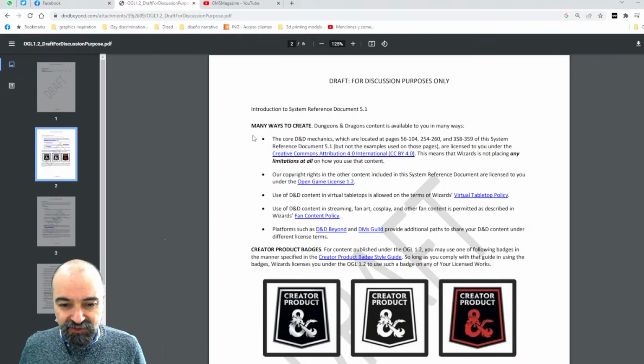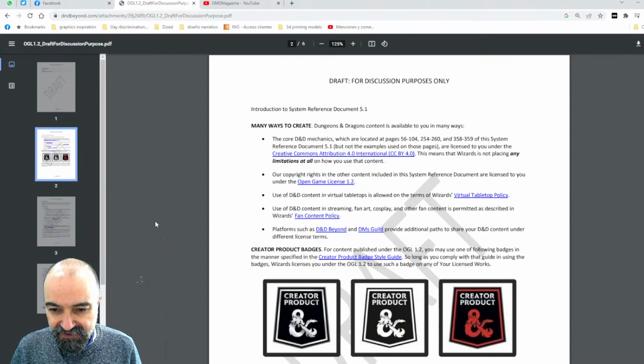Our copyrights in the other content included in the System Reference Document are licensed to you under the Open Game License 1.2. Okay, so we have two different agreements within one single license. Oh, no, wait a second. Use of D&D content in virtual tabletops is allowed on the terms of Wizards' virtual tabletop policy. So that's another agreement. Use of D&D content in streaming, fan art, cosplay, and other fan content is permitted as described in the Wizards fan content policy. So yet another agreement. Platforms such as D&D Beyond and DMs Guild provide additional paths to share your D&D content